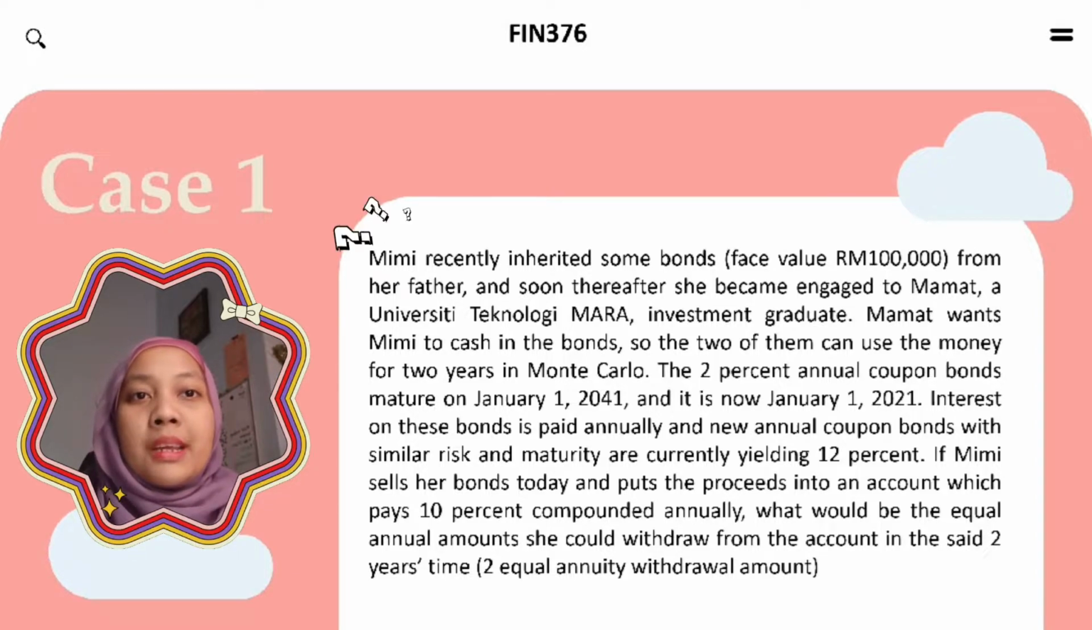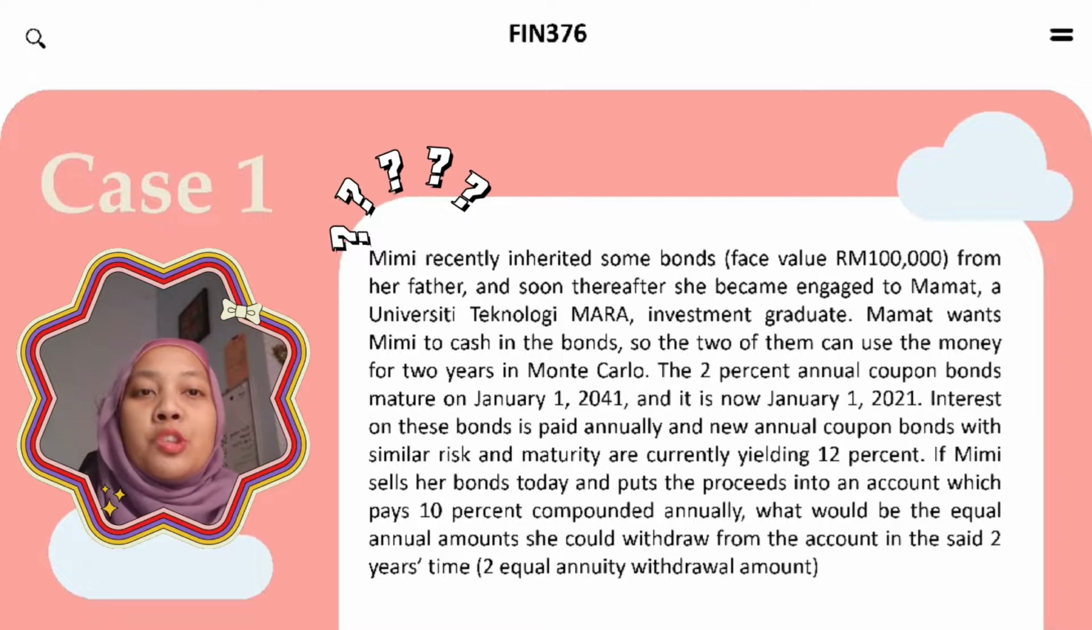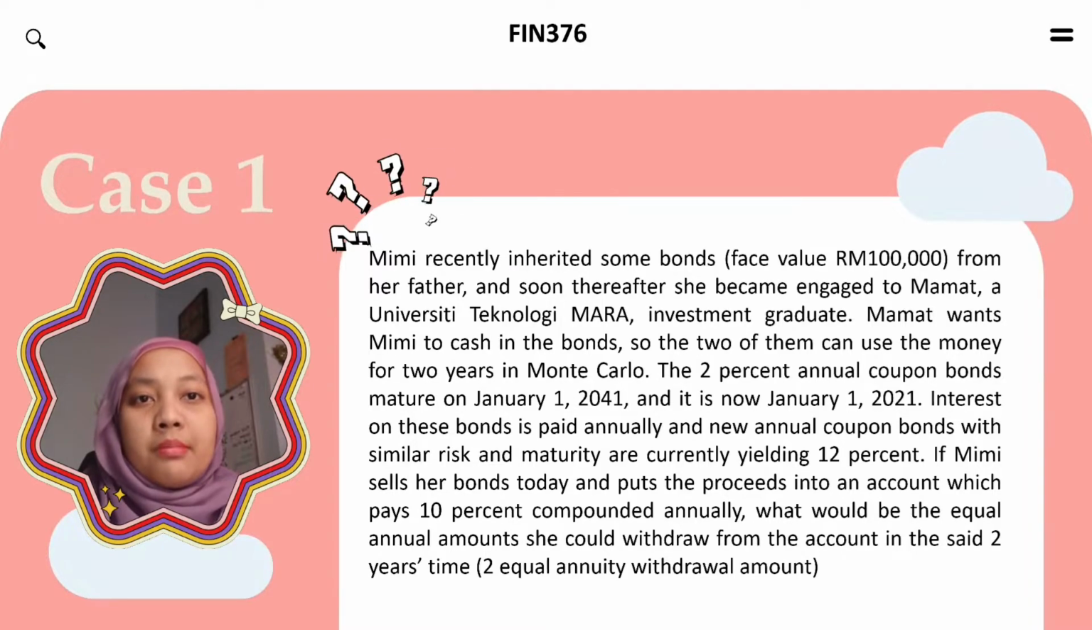Interest on this bond is paid annually and new annual coupon bonds with similar risk and maturity are currently yielding 12%. If Mimi sells her bonds today and puts the proceeds into an account which pays 10% compounded annually, what would be the equal amounts she could withdraw from the account in the said 2 years time, to equal annuity